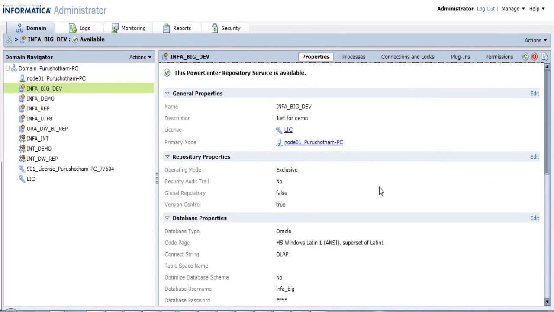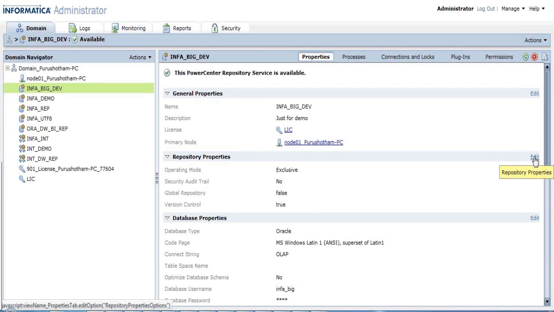Then you can ask the question, what is the point of keeping the repository in the exclusive mode? What is the need of it? Whenever you want to migrate the code from one repository to the other repository, and you want to make sure that no developer is connected to it, you can keep the repository in exclusive mode and then migrate it. Maybe during the code freeze time, you can convert your repository to the exclusive mode so that nobody will touch it. Nobody will change anything. So that is the use of exclusive mode.